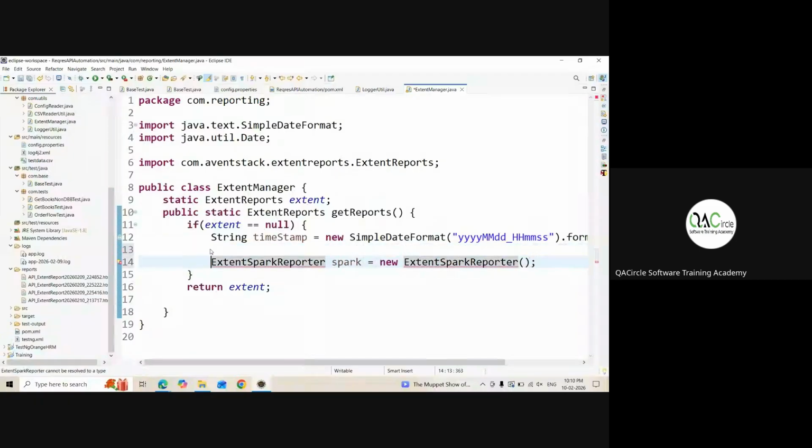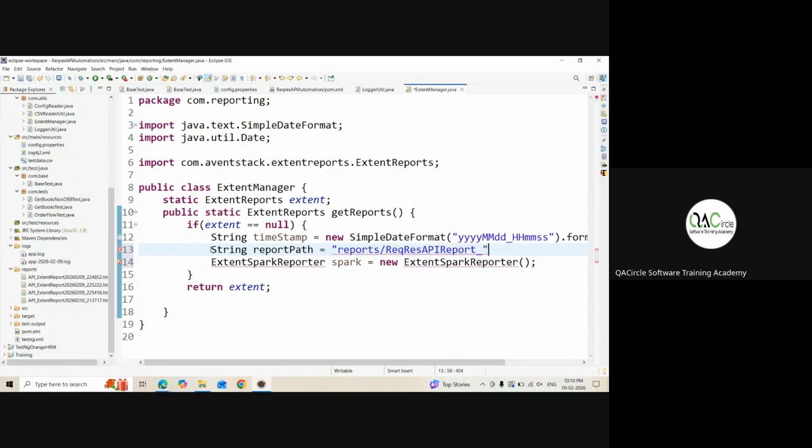So I'll just write here, before this, a String reportPath equal to. I want to write how my reports would look. It should be in the reports folder, if not created, and it should write something called reqres API report